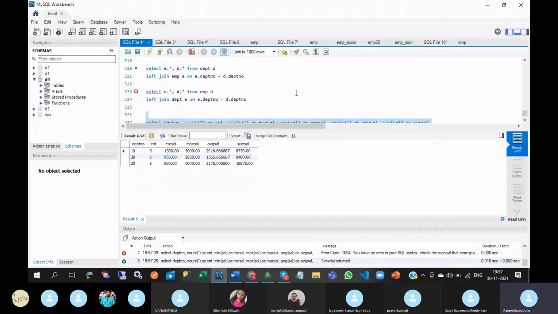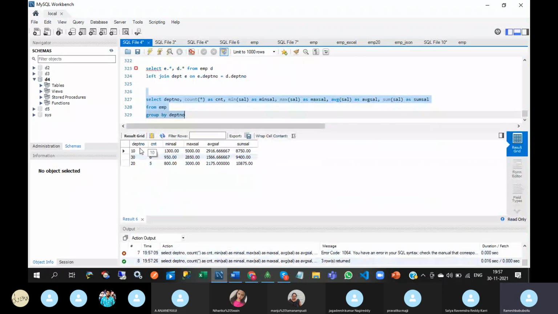See this. So here I am calculating department wise count, minimum salary, maximum salary, average salary, sum of salary. Now, this is the way to write the query in RDBMS. Same query, how to write it in MongoDB. So like RDBMS, the group operator is there in MongoDB.